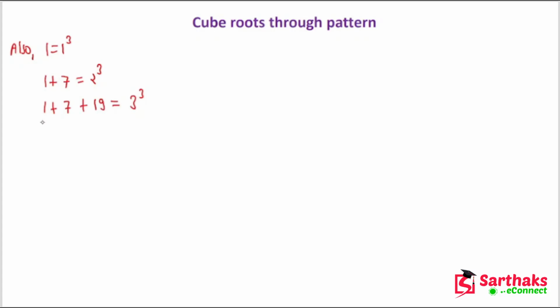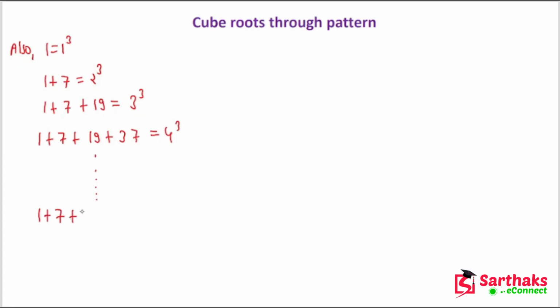And what are these? This is 1. This is what? 1 plus what? You can see 2 into 1 into 3. Then it is 1 plus 3 into 2 into 3. Similarly 4 into 3 into 3, 5 into 4 into 3, 6 into 5 into 3, right? So you'll get patterns. Similarly, the fourth member in this series was 37, right? So since you are adding 4 members, it will be 4 cube, right? Similarly, if you calculate, you will get